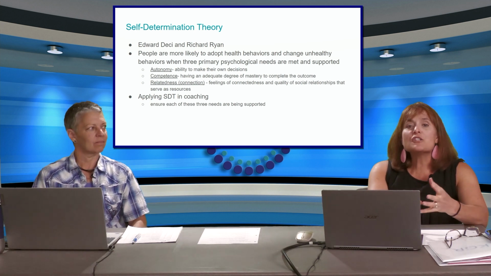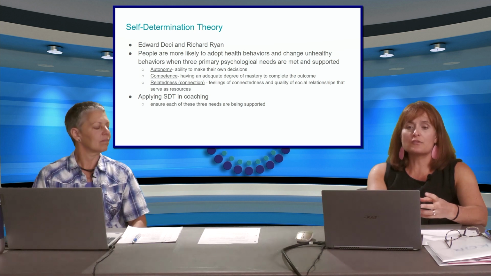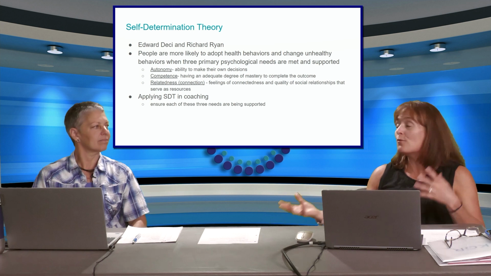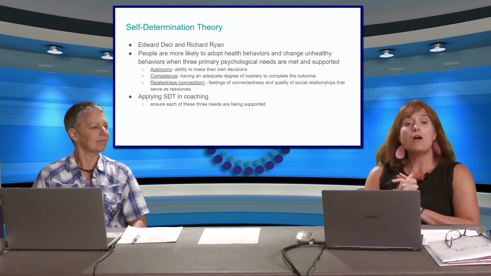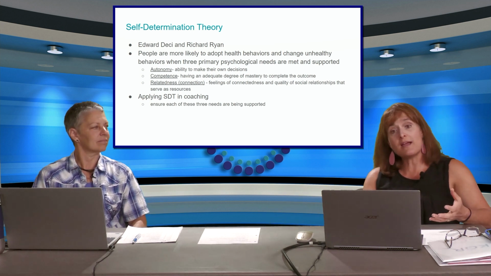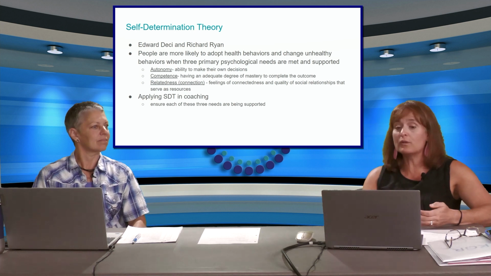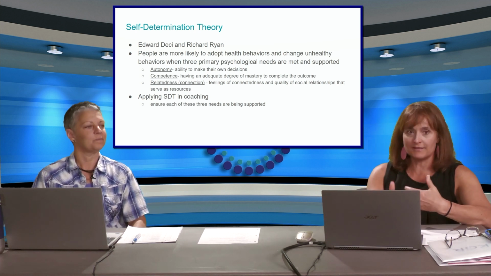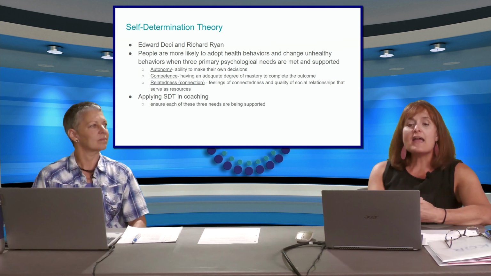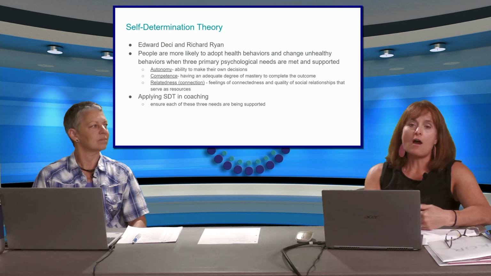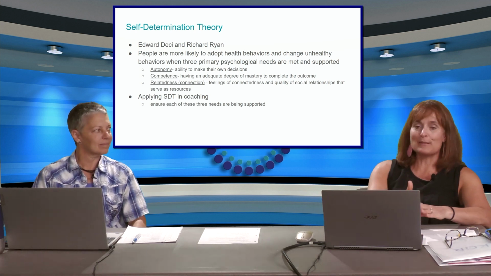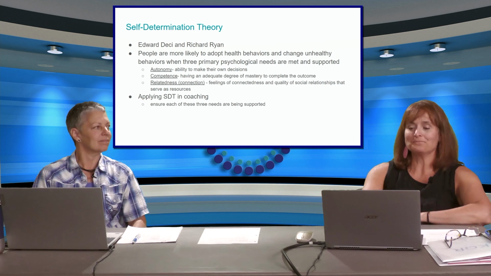And so really our job when we are applying the self-determination theory in coaching is to just seek out those 3 areas. What support systems do you have in place? What does that look like? We're always granting autonomy. That comes from day one. So we know that one's really going to be there and fostered. And when we're talking about competence, okay, what do those action steps look like? Are we providing adequate stretch, yet the ability to do them?